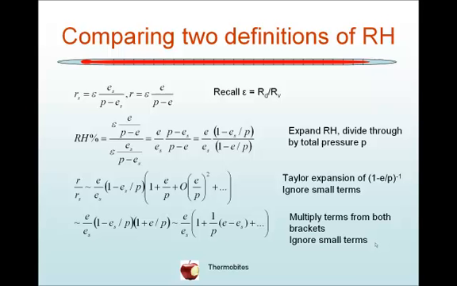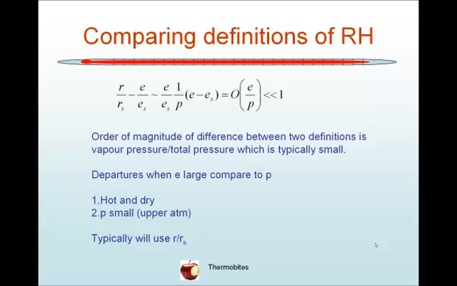So R on RS is approximately equal to E on ES by the numerator, 1 minus ES all over P, and then the Taylor expansion of the denominator, which is 1 plus E over P plus expressions of order E on P all squared and higher. And we'll ignore those higher order terms. That then gives you a quadratic to expand as shown in the bottom line, and again when we get to it you'll ignore terms of E squared, for example, or E on P squared. So that's a little bit messy, but you end up with this term here,